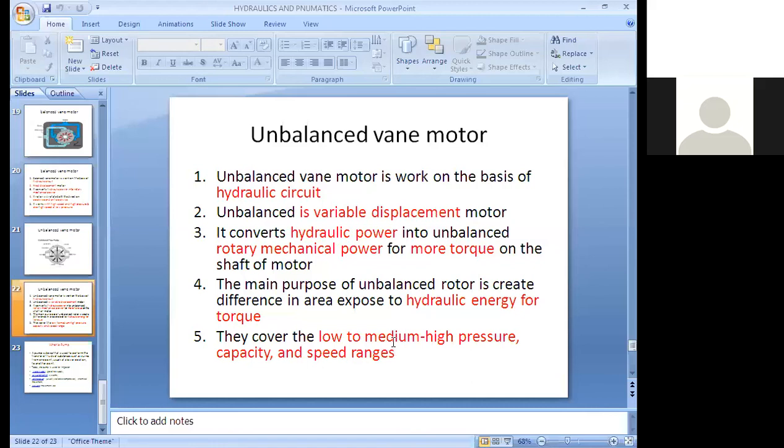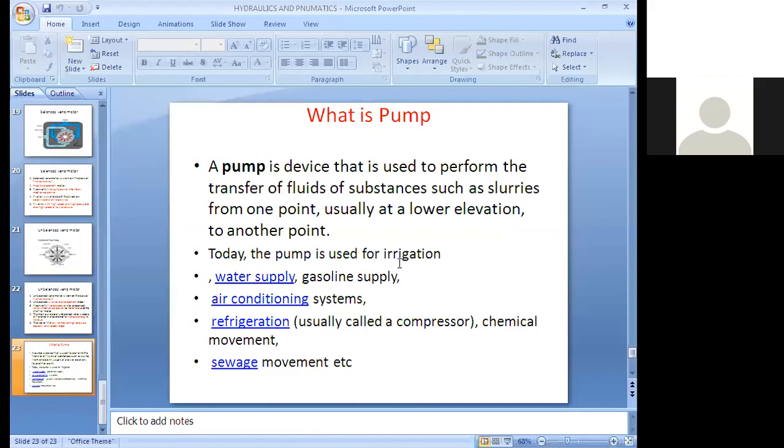Okay, the last topic is the pump. In this module we discussed hydraulic detailed parts, applications, hydraulic and pneumatic as well as motors, and the last topic is the pump. Many of you have a little confusion between motor and pump. Don't keep that doubt in mind. Motor and pump are different. After the completion of engineering, they may ask questions about the pump, motor, hydraulics and pneumatics. From the examination and interview point of view, you have to prepare the basic concepts.